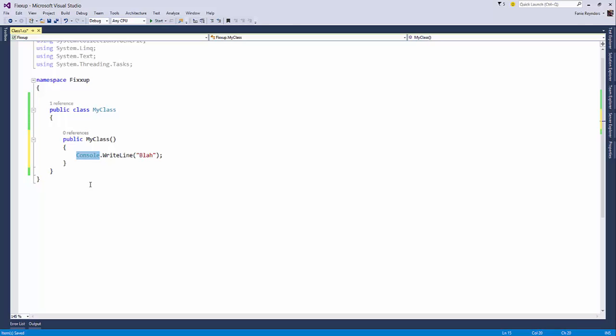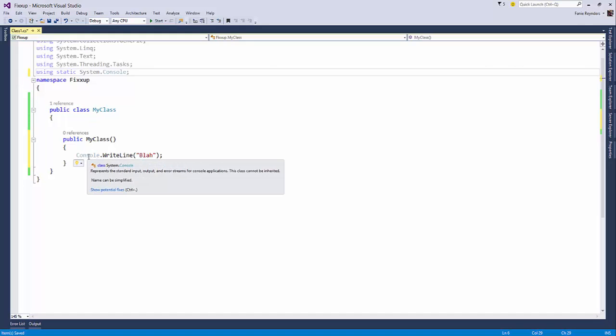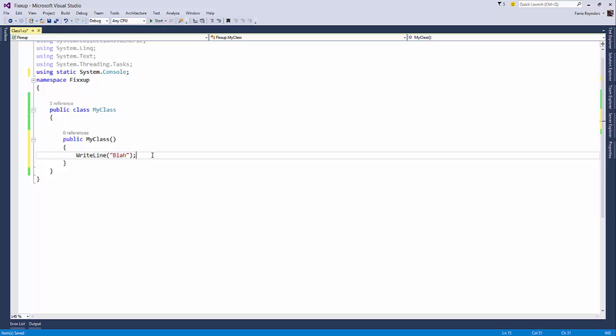So now the using static allows us to go using static, specifying the static class system.console, which makes this irrelevant. So we can go ahead and simplify that. Now we can just write writeLine, and it will automatically pull in system console at each call.